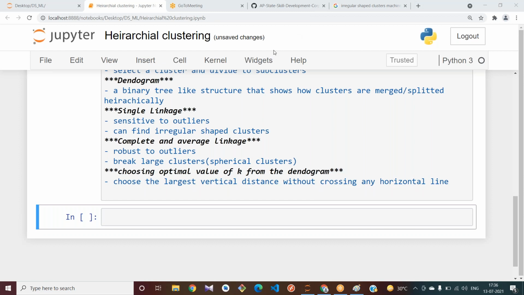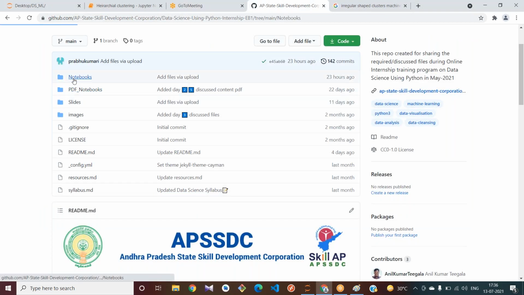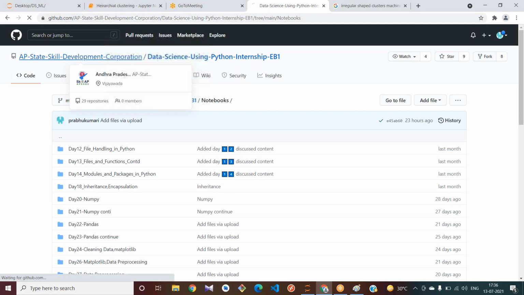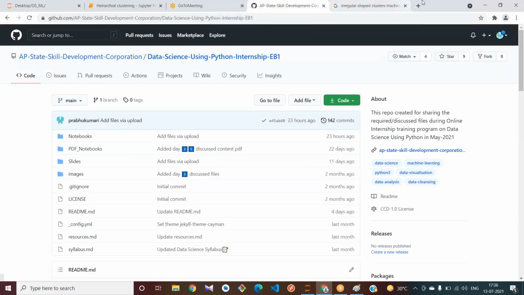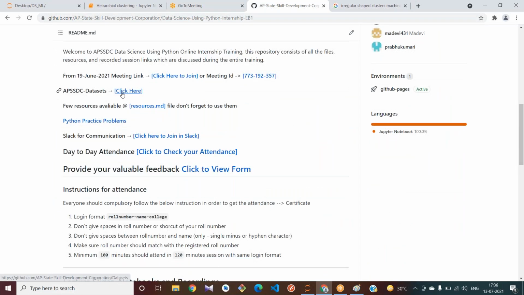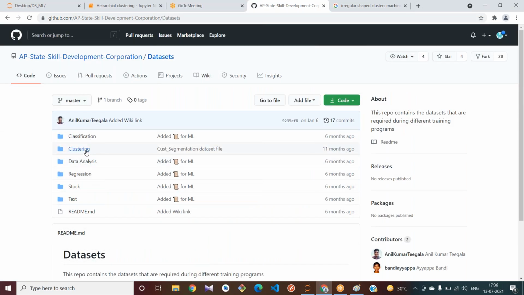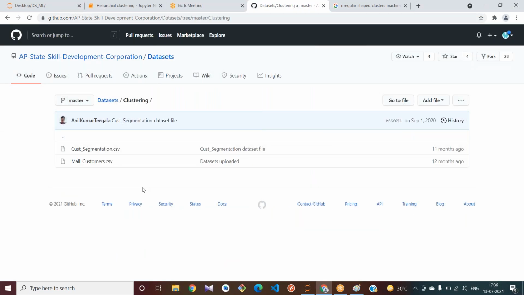Now let us use one data set here, called malls customer dot csv. Let me see where the data set is present.